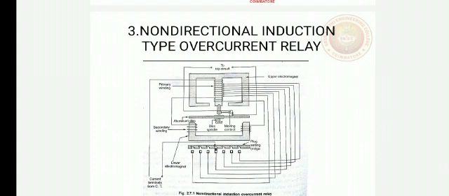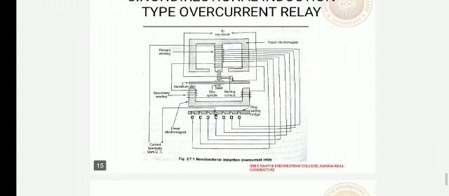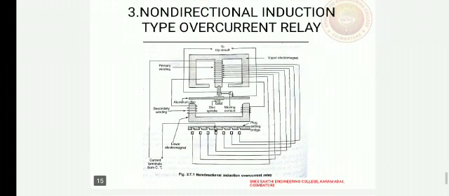And the third type of relay is the non-directional induction type overcurrent relay. This relay is also called the earth leakage induction type relay. The overcurrent relay operates when the current in the circuit exceeds a certain predetermined value. This relay has a construction similar to the watt-hour meter. It consists of two electromagnets. The upper is E-shaped while the lower is U-shaped. The aluminum disc is free to rotate between the two electromagnets. The spindle of the disc carries moving contacts, and when the disc rotates, the moving contacts come in contact with fixed contacts, which are the terminals of the trip circuit.